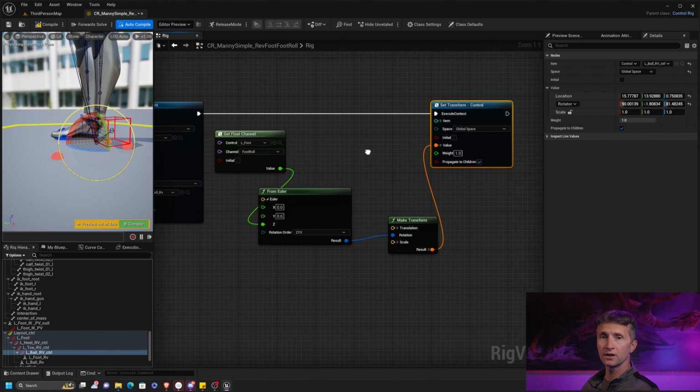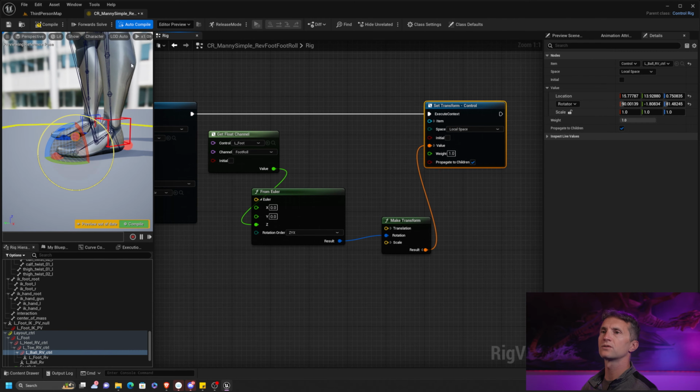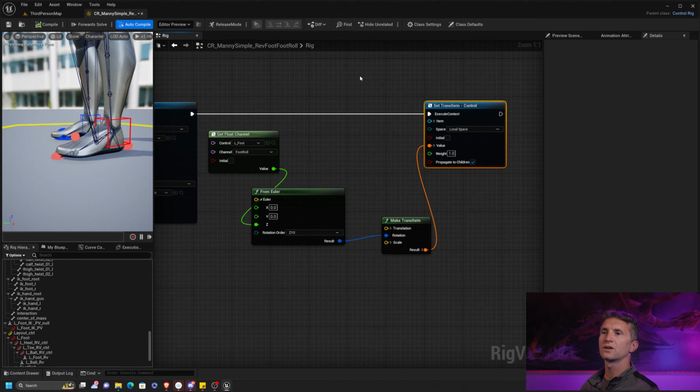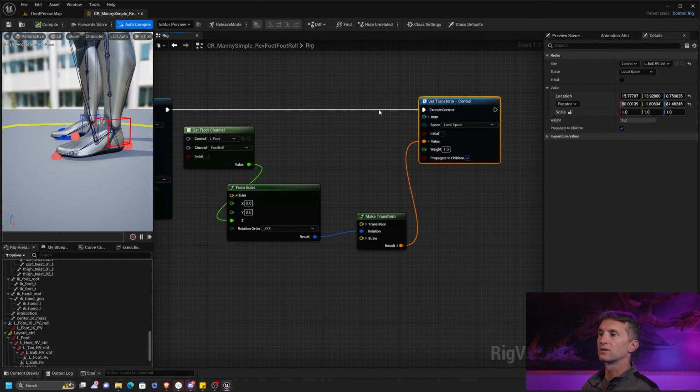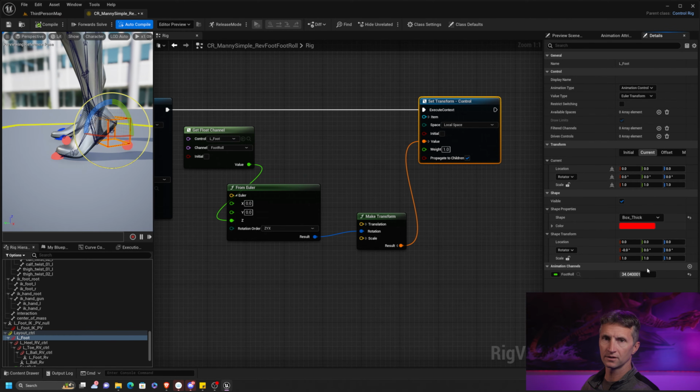The reason our foot is freaking out is because we're driving rotations through degrees, but right now our setting control is in global space, and we want to change this to local space. So now when we set it in local space, we're basically using this as an offset to the channels. So here's what we're going to do. Let's test it and see what this looks like. If we dial in a little bit of rotation, you'll notice that our foot roll is already working. That's it. We just created a float animation channel that we can use to drive all kinds of cool stuff